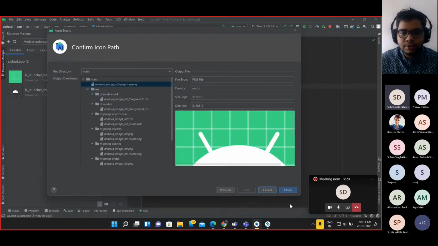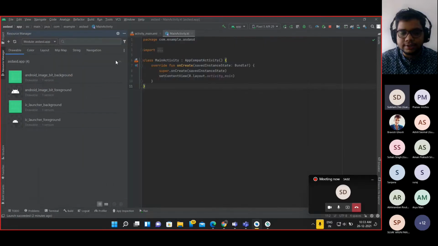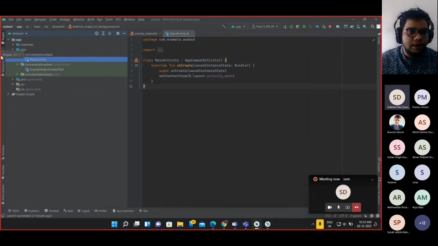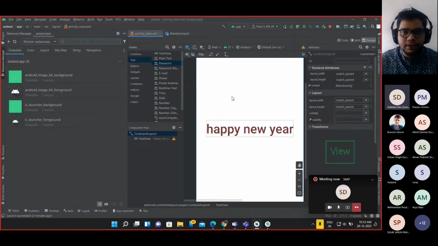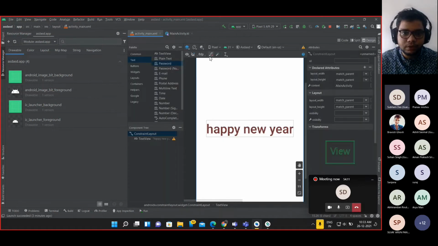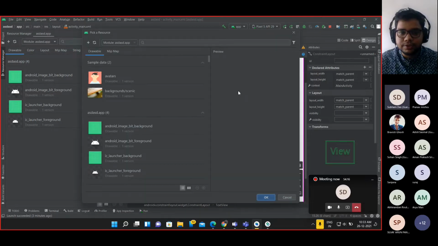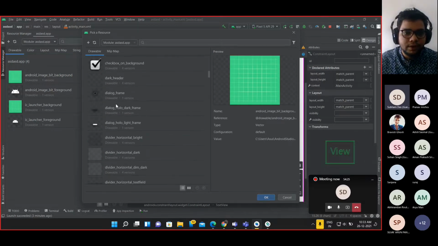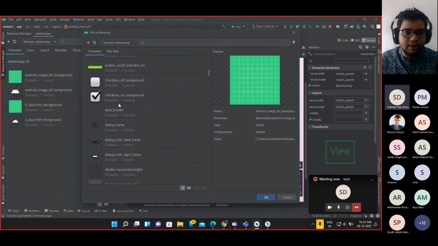So this is how it would look. This is a PNG file, and this is the size that you actually see. These drawings would be there. And later on in the activity main XML, you can put an image view, the common image view. So for example, you can put these images as well, and this should showcase in the application.